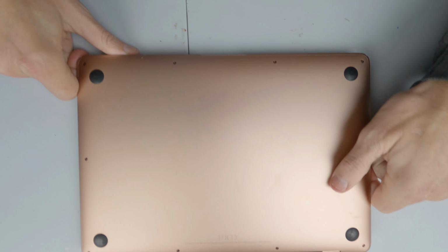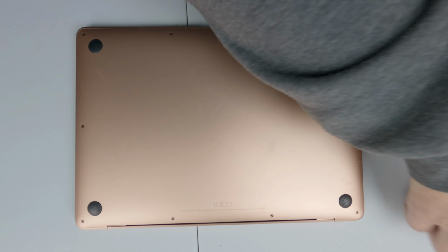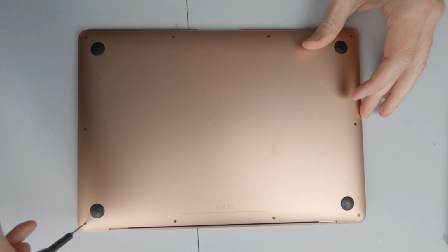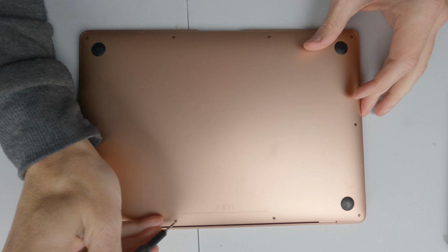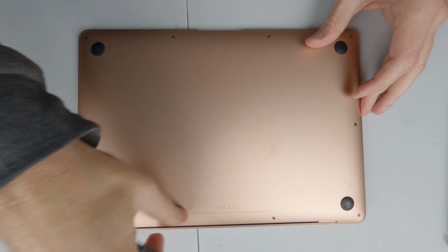So first of all, we of course have to take out the security screws, which are pretty standard now. My apologies, I do not have my phone with me at the moment, which is why there is no